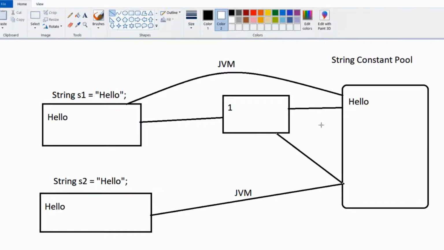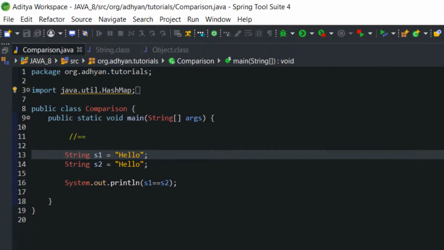So when I compare s1 equals s2, both are pointing to the same reference number. That's why when we executed this code, it returned true.